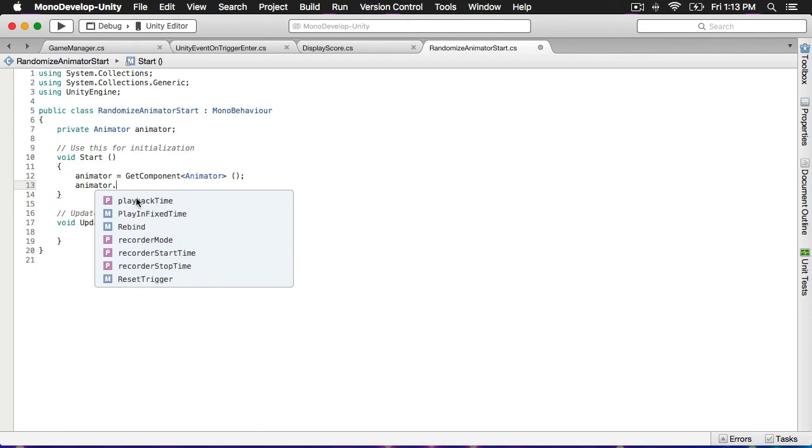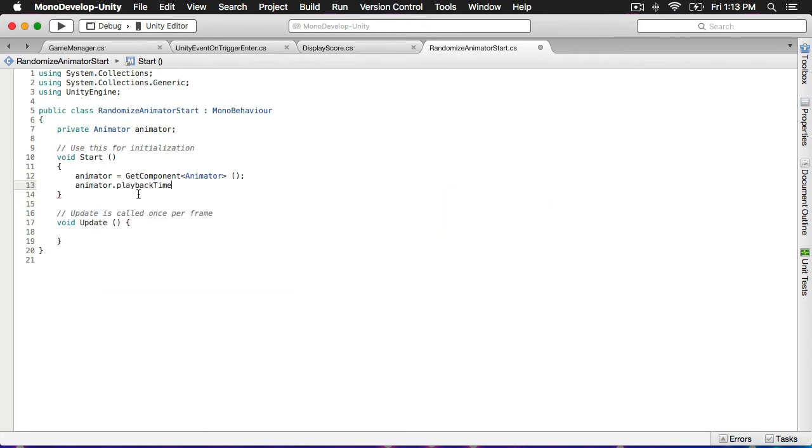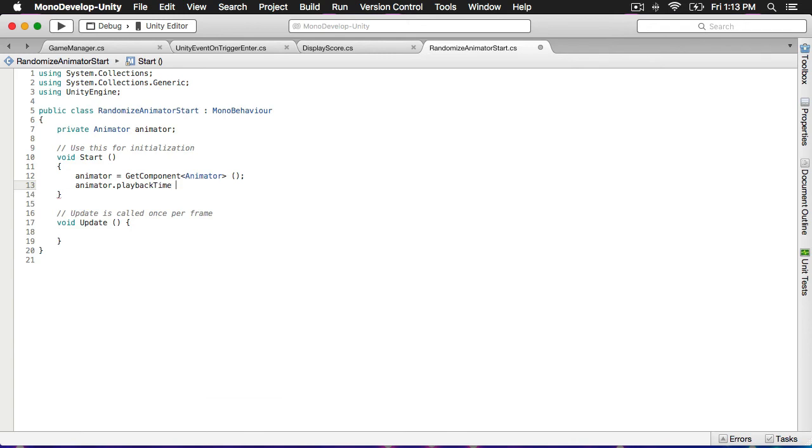Playback time. So it's the playback position in the recording buffer. So what does playback time look like? It just wants a float. So playback time equals